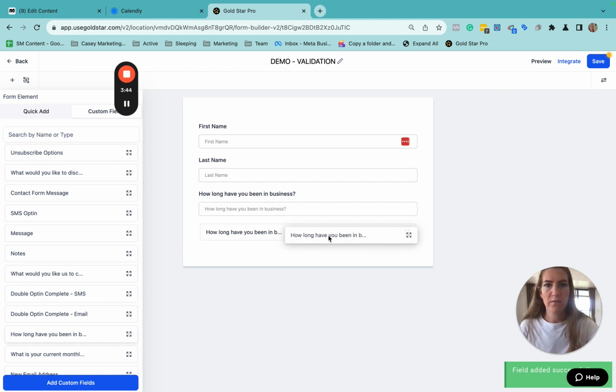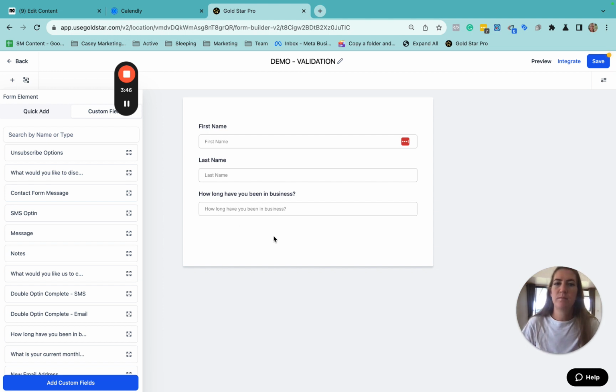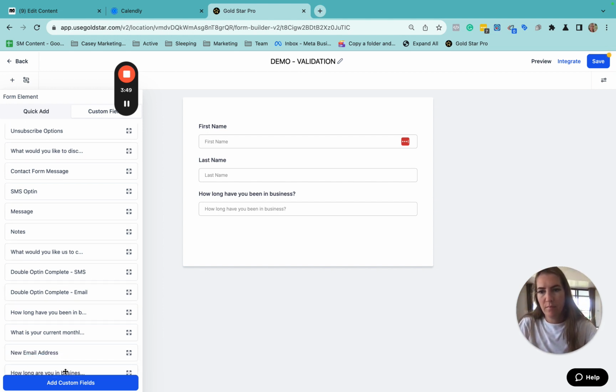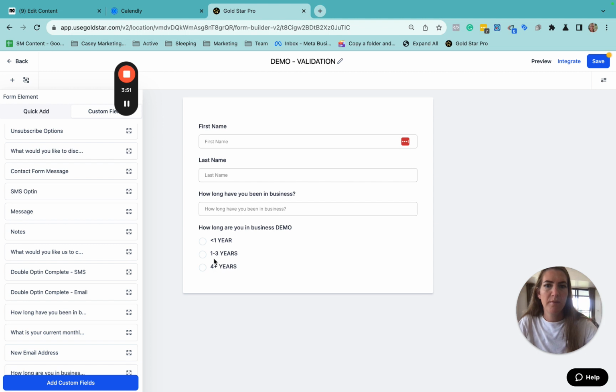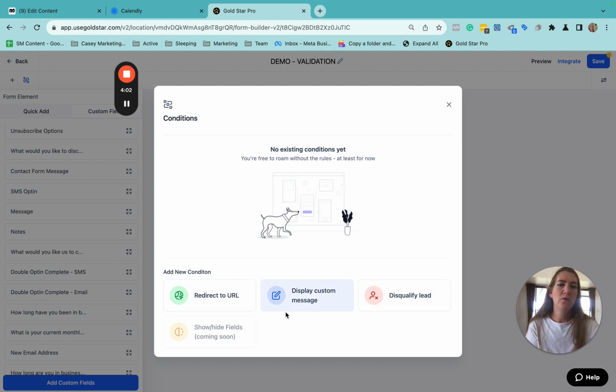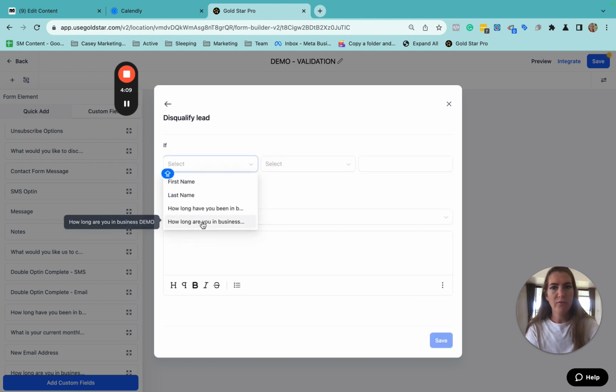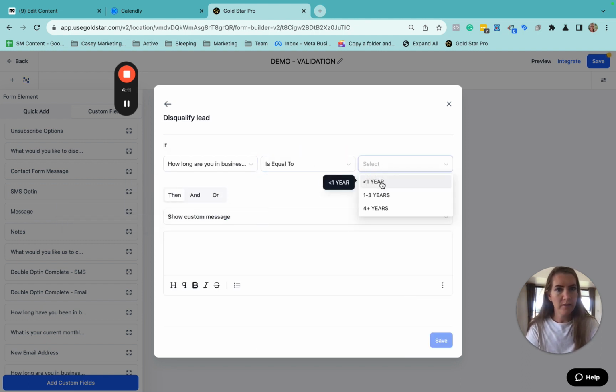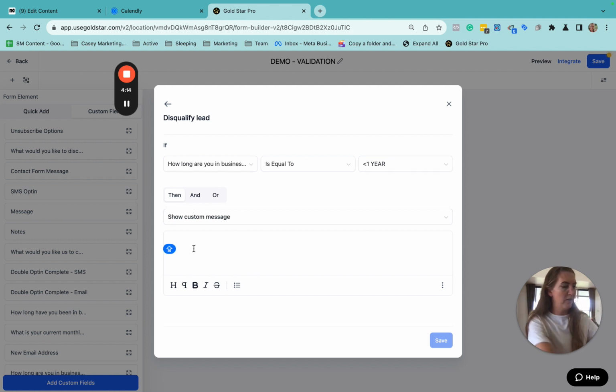So let's just have a look. It's this one here. How long are you in business? Demo. Okay, so then whatever thing you're on, what you then need to do is add or find a way of adding a condition. So you can just click on this. It depends what you want to do, but what we want to do is we want to disqualify them. So I'm going to disqualify the lead if how long are you in business is equal to less than 1 year. And I'm going to show a message, sorry, we aren't